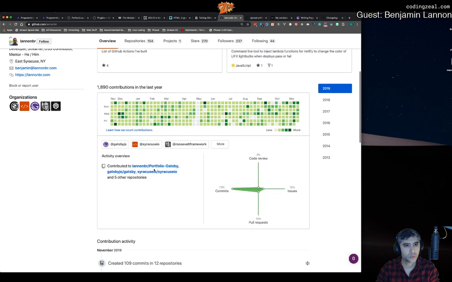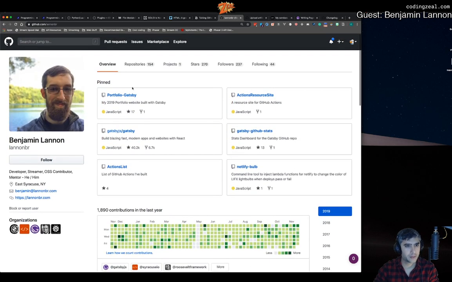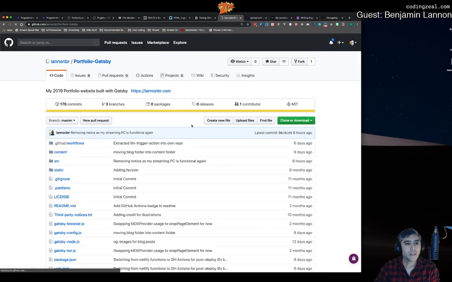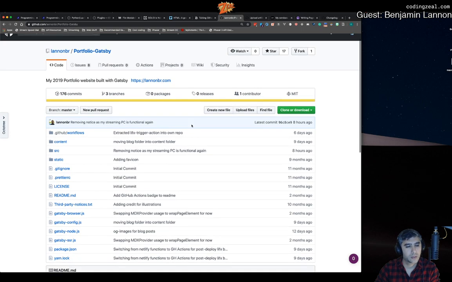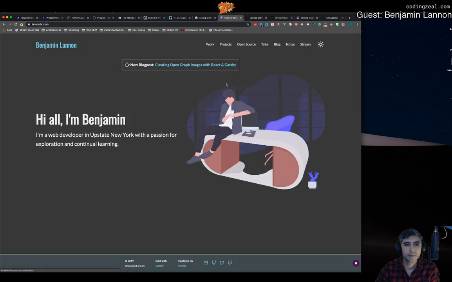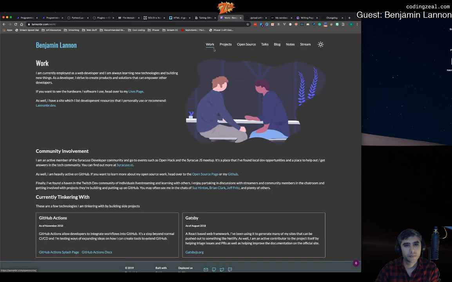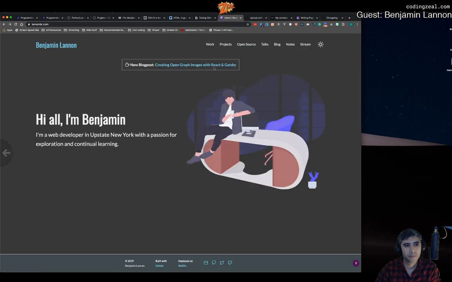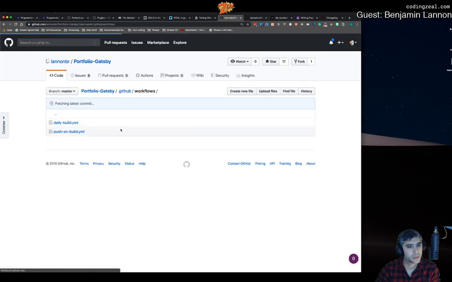So if you click on that first link, Portfolio Gatsby, and you go to the workflows, I actually have a thing where I do some conditional. This is just my site, but if you go back to the GitHub repo and click on the workflows section,